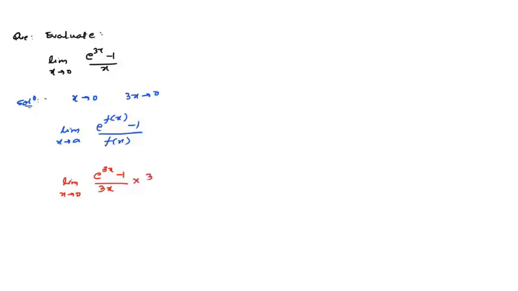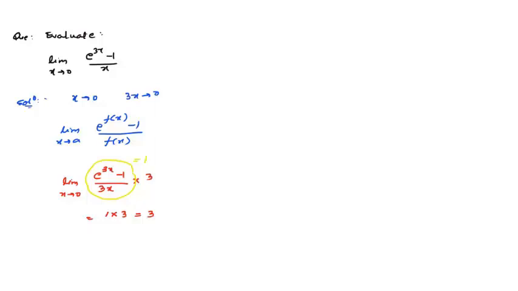Now if you observe the first part of the expression carefully, this has now converted to the standard limit: limit x tending to a of (e raised to power f(x) minus 1) upon f(x). When x is tending to a, f(x) is tending to 0, so this value will directly be equal to 1. So what will be the final result? The required limit will be equal to 1 into 3, that will be 3. So moving on to the next one.